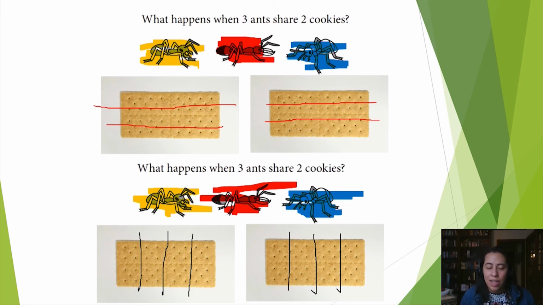Okay, I have my pictures divided into thirds and divided into fourths. I drew each a different way this time, but they are still thirds and fourths because I tried as best as I could to make each part the same size. So now I'm going to try to color them in with the colors I've given my ants and see if it will work to share them this way.